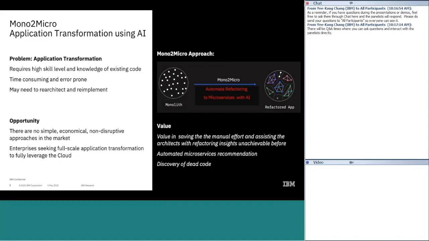So, just as Maya mentioned, Monolith Micro made its debut today as an early release. It's a very exciting technology. Nobody in the market has it or anything close to it. We can proudly say that. What we do, we not only modernize the application, we actually transform the application, a monolith to microservices, using IBM's machine learning and deep learning technologies, which Dr. Jia will go through in more detail, and Dr. Kalia. So the problem that we all know about application transformation, a lot of us have tried to refactor monoliths to microservices,